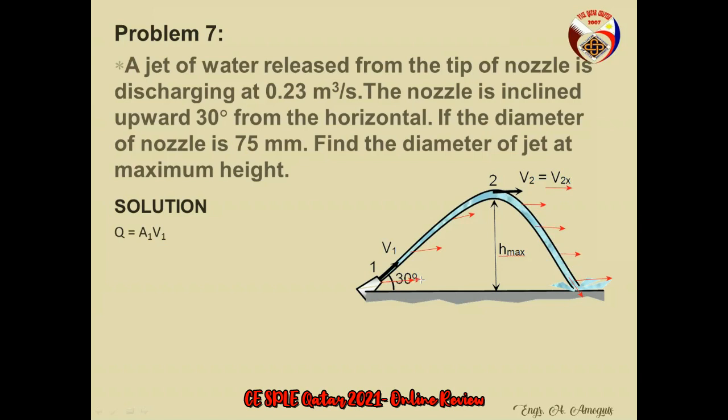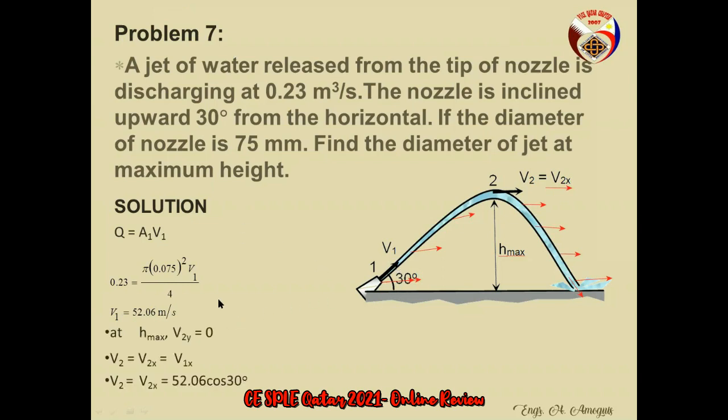Do you agree? So ganito lang kadali yung solusyon. Okay? So masolve ko yung V1. Right? Given yung Q, 0.23. Masolve ko yung V1. So I can solve V1x. V1x is ito yung 30, V1 cosine 30. Right? So, V2x equals to